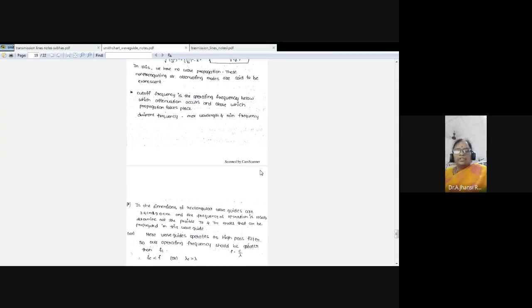Note down and solve the problem by using the wave equations. If the dimensions of a rectangular waveguide are 3.5 centimeters into 2 centimeters, and the frequency of operation is